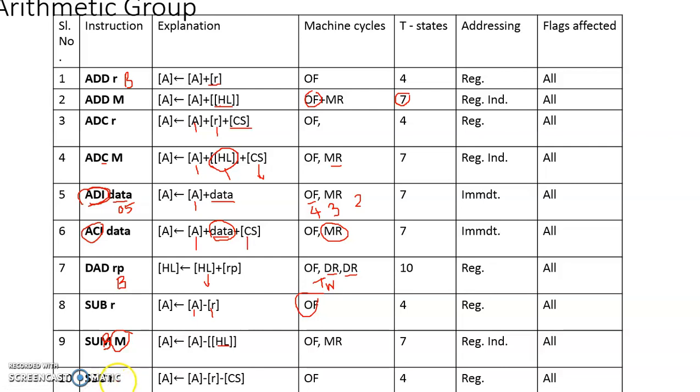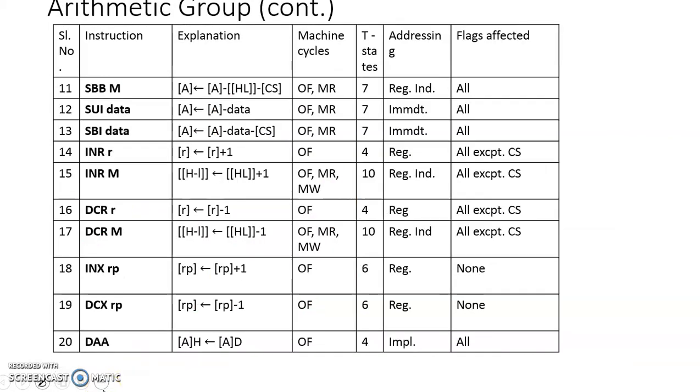It's a 1 byte instruction and all the operands are readily available within the processor, so this will be finished in 1 T state of the execution part. So overall there will be only 1 machine cycle and 4 T states. Addressing mode for this one is implicit, for this one it's register, and for this one this is also register because B is mentioned as a part of this mnemonic in view of borrow during subtraction. So this is about SBB R.